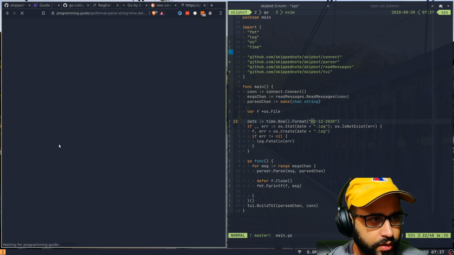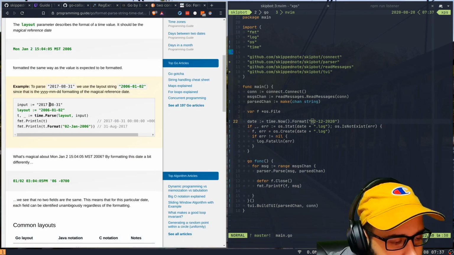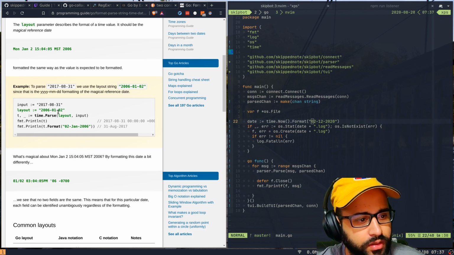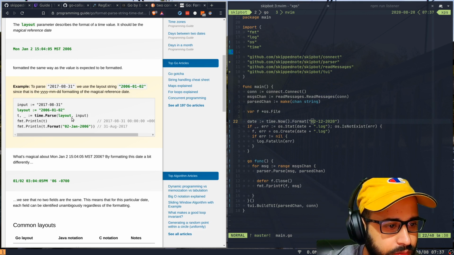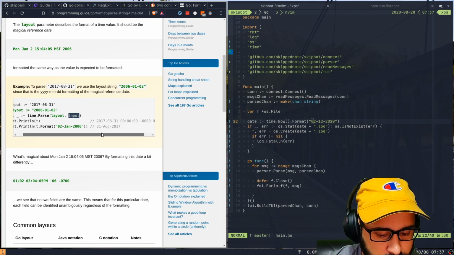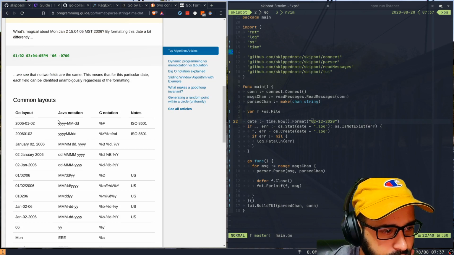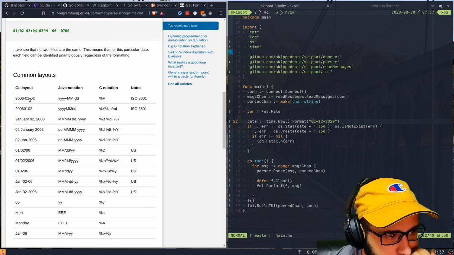Format a time or date. Okay, so there's an input, that's the layout. We do a parse on this. Okay, yeah, we want something like this, right? So the go layout for